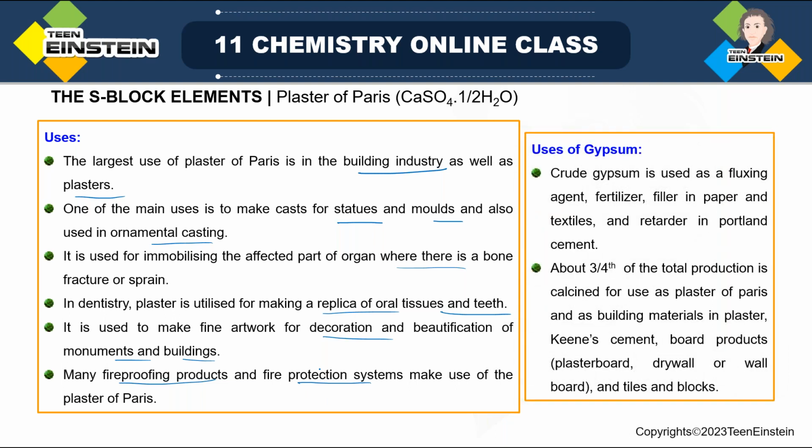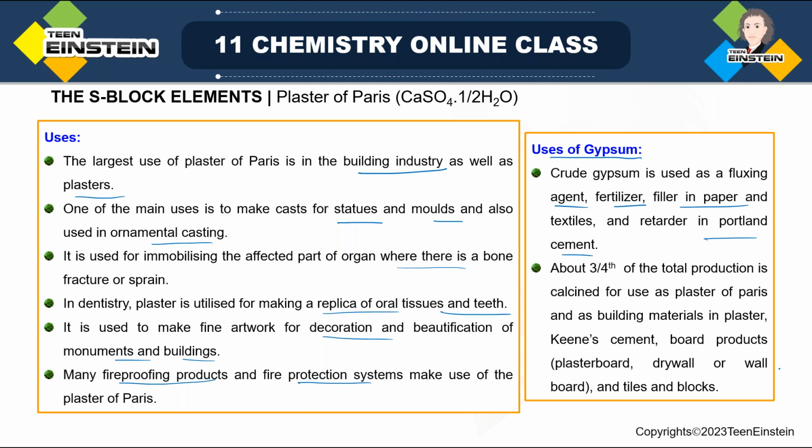Now here, though we have not discussed gypsum separately, you have now seen the formula for gypsum, because we used gypsum as the starting material for the formation of plaster of Paris. That is why we are also discussing the uses of gypsum, because you can get problems based on this. Crude gypsum is used as a fluxing agent, fertilizer, filler in paper and textile, and retarder in Portland cement. We will also see its use in the cement topic when we discuss it after finishing this part. There you will see gypsum is used in Portland cement for a specific reason,